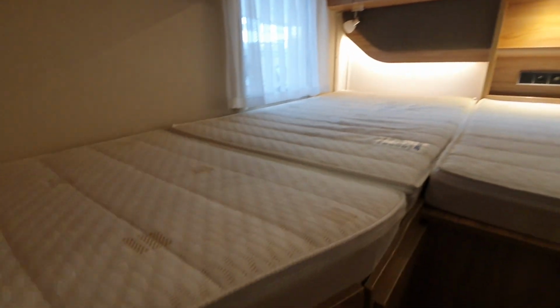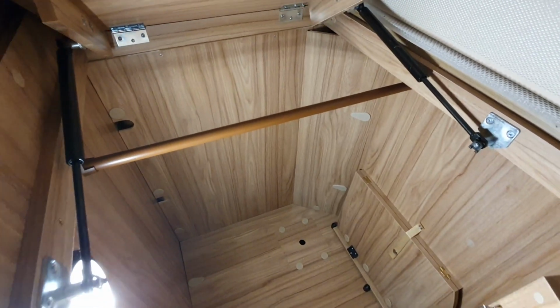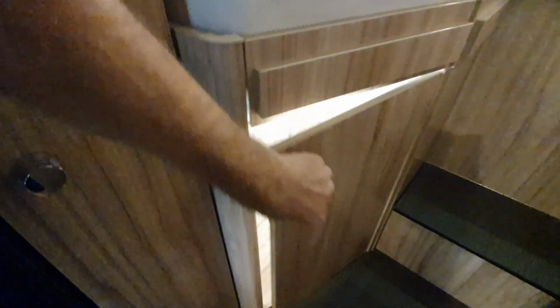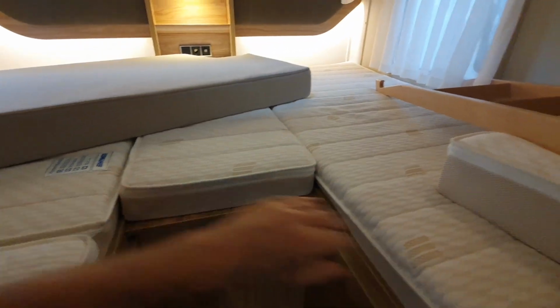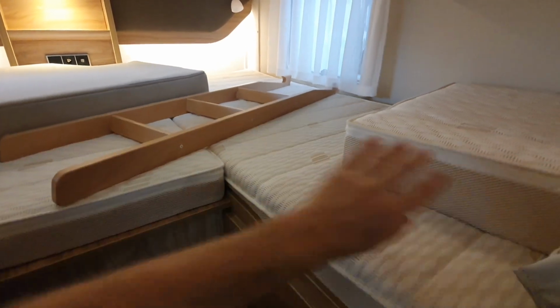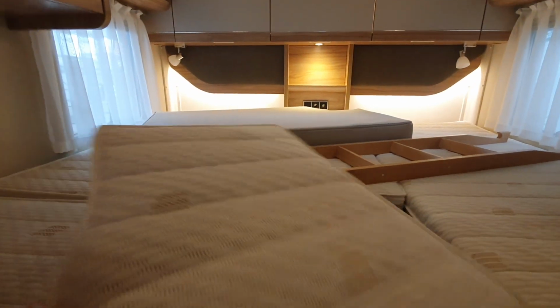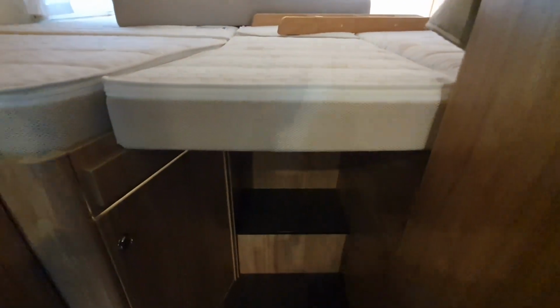Okay, so at the back we've got the German layout, and oh, that's a bit stiff. I feel it hasn't been used very often. There's entrance into your wardrobe, although if you're not feeling strong enough you can of course open it like that. As it's a German layout, we've got a bit that'll fit in there, and we have to find it first, of course, and in this case I can't. Oh, sorry, I can't find it. What's this here? There you go. That's what that'll look like. There is of course a plate which will go in there as well,